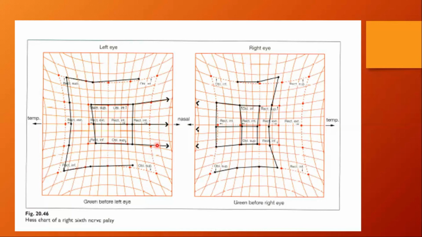So you can say here, if you are planning to impress the examiner, but I don't recommend this, we have an overaction of the contralateral yoke muscle, because the medial rectus here is yoked with the lateral rectus here. So we have overaction of the contralateral yoked muscle, which is the medial rectus, and we have a slight limitation of the lateral rectus action, and this is called pseudo-inhibitory palsy. Pseudo-inhibitory palsy, okay.